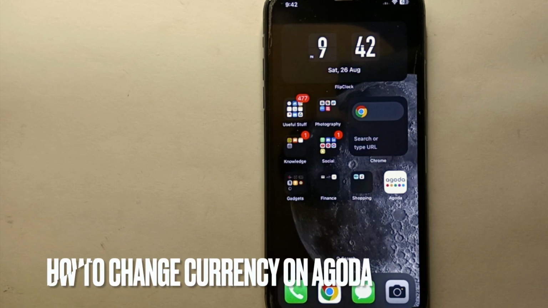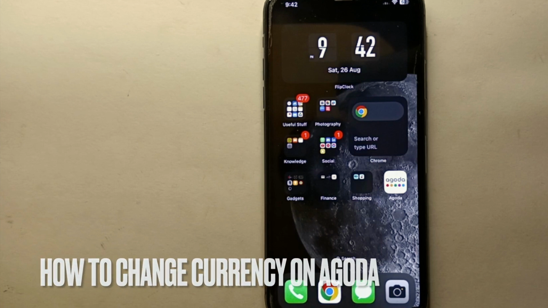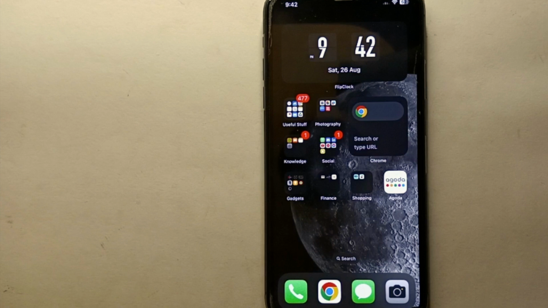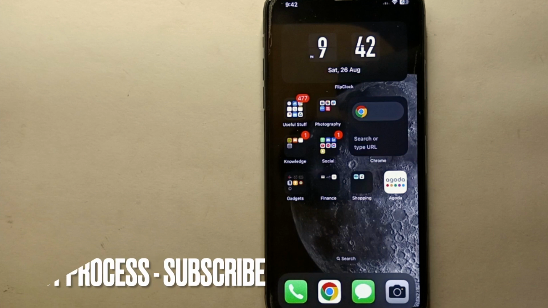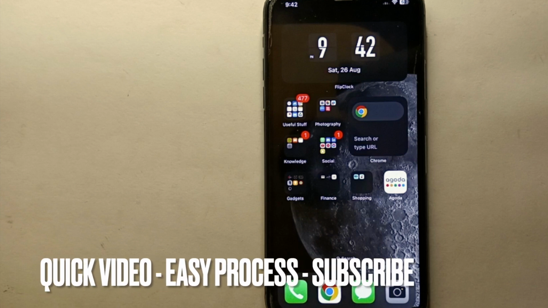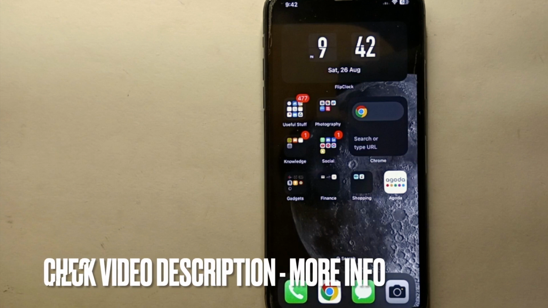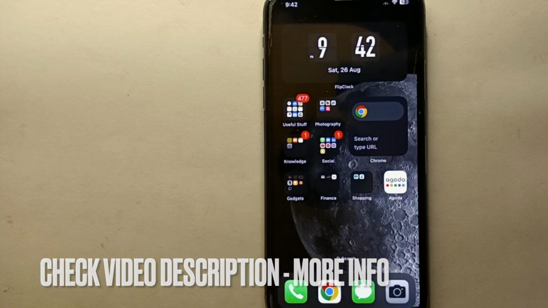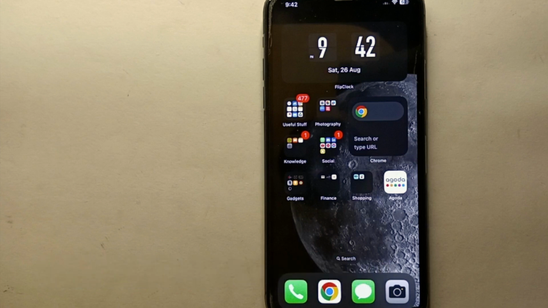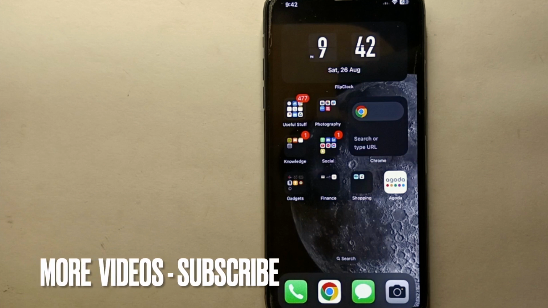In this video, we will see how to change currency on Agoda. I wonder why you want to know how to change currency on Agoda. Maybe because you're traveling to another country where the currency is different from your country. Or maybe you're just moving to another country so you want to see how much things will be worth in that country, or there could be any other reason for you to change the currency on the Agoda app. So whatever the reason may be, in this video I'll show you how easily you can change currency